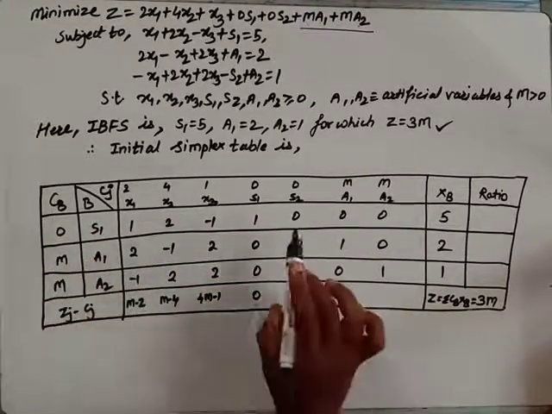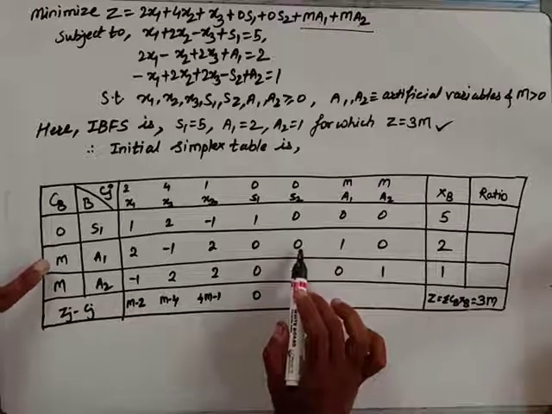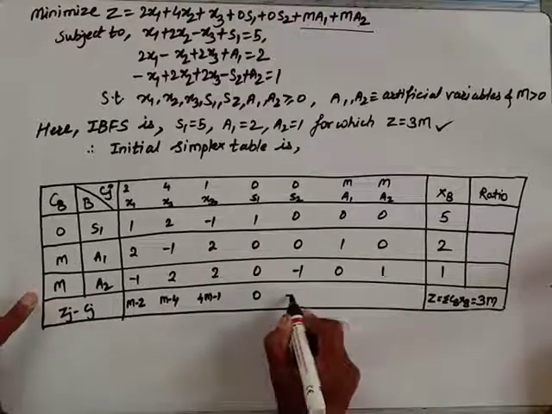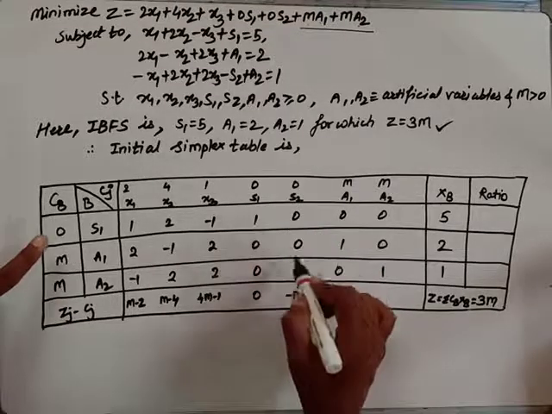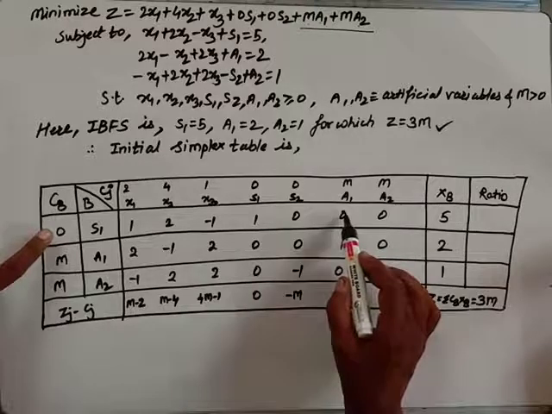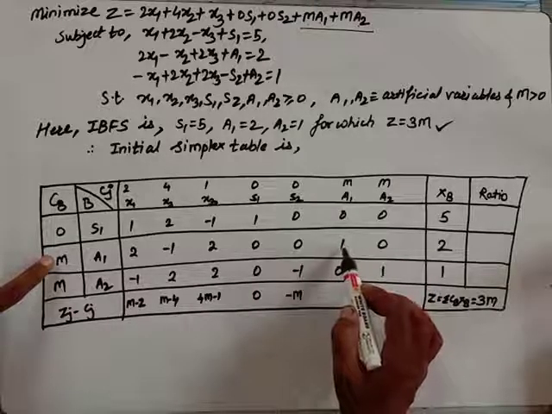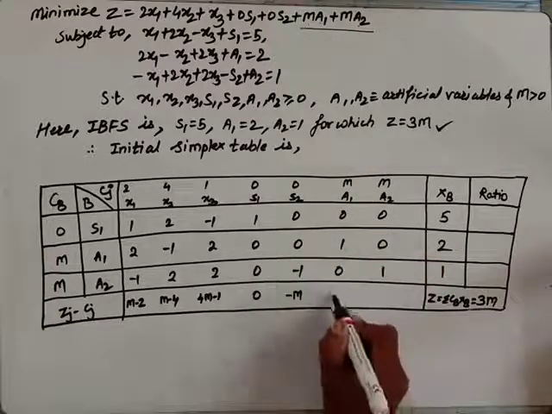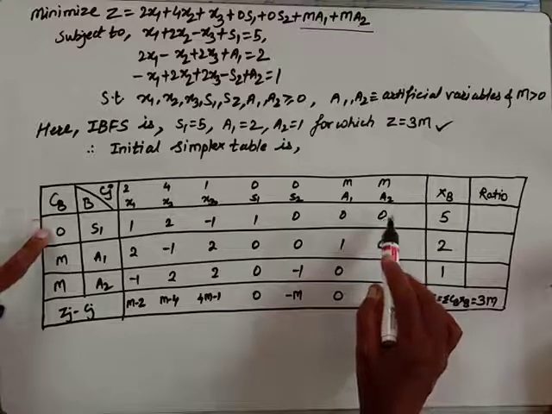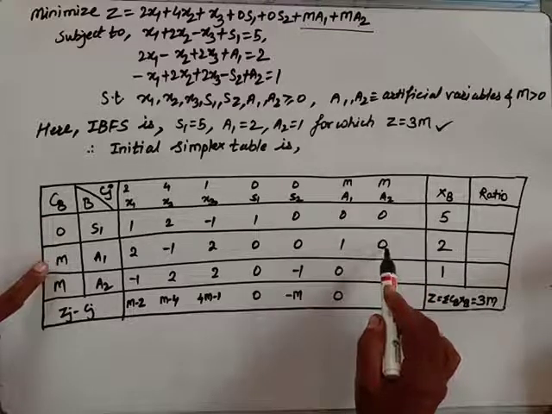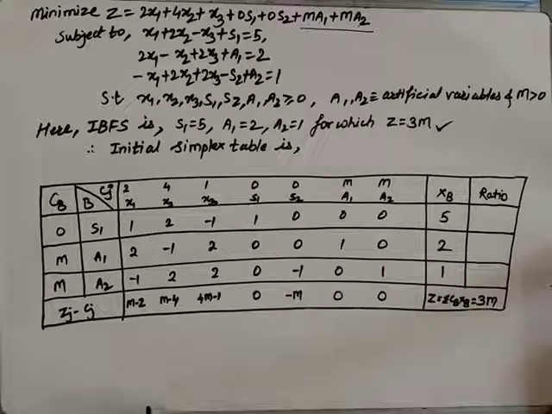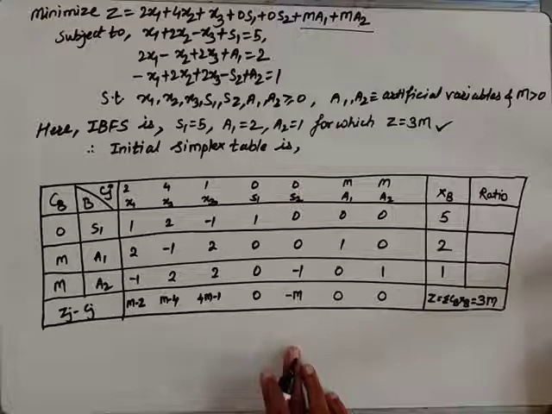Remember. Now here it is 0, 0. Again this is minus M minus 0, so it is minus M. We are taking the product and we will add them. Here 0. Here M. 0 plus M is M. Plus 0, so M minus M, it will become 0. Now 0, this is also 0. Here M minus M is again 0. So now here we have to use the condition for a minimization type of objective function.